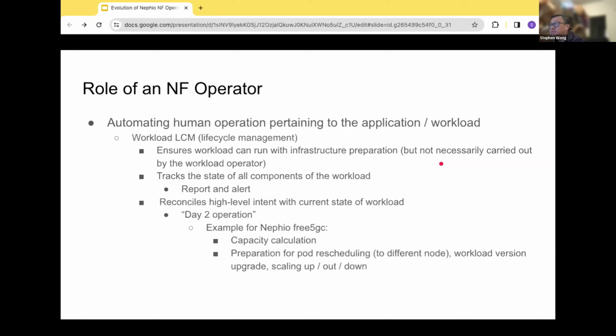More importantly than any of this, because it doesn't do deployment anymore, deployment happens sometime later. Once it says, I validated infrastructure is ready and the execution engine is deployed, it just keeps on tracking the states of all the components pertaining to this workload.